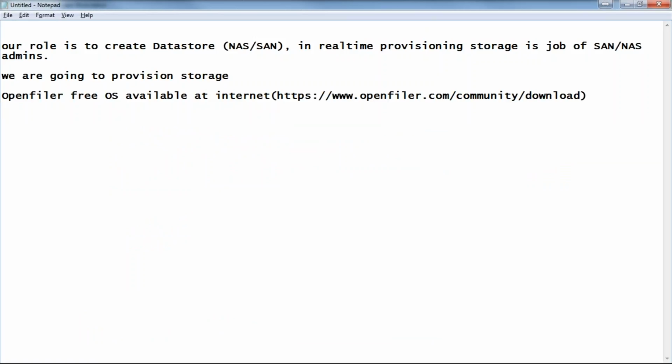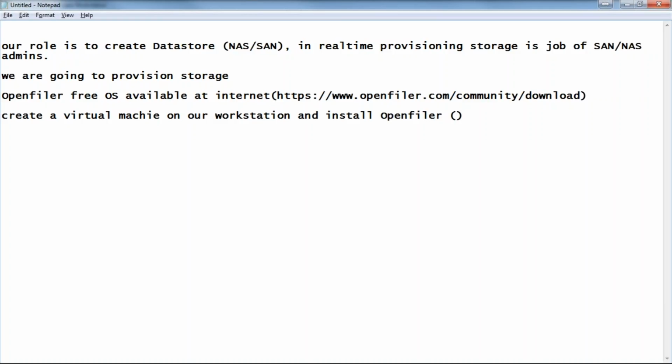Once you download it, like I said, it is an operating system. An operating system needs a machine to get installed. So we are going to create a virtual machine or a virtual server on our workstation and install OpenFiler in there.